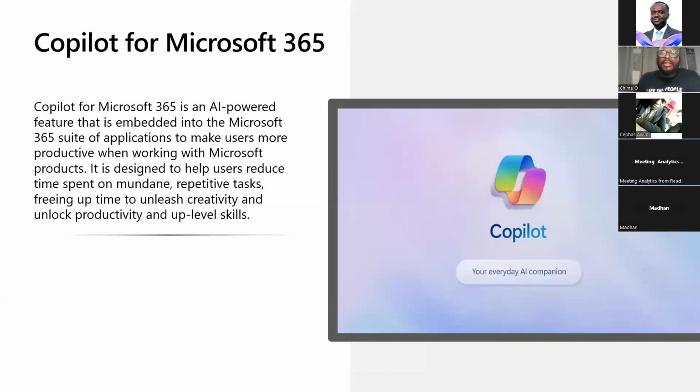I just mentioned Microsoft 365, but I want to run down through these applications one by one. For example, Word, which we use all the time. There's Copilot for Word, Copilot for Excel, Copilot for PowerPoint, and Copilots for Outlook and even Teams, so Teams has Copilots infused in it as well.